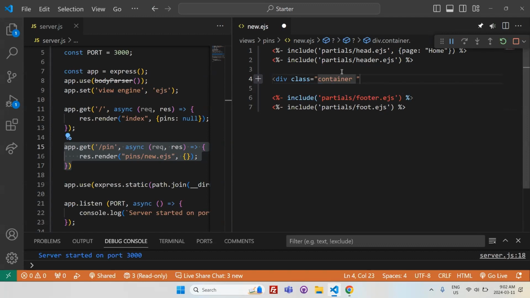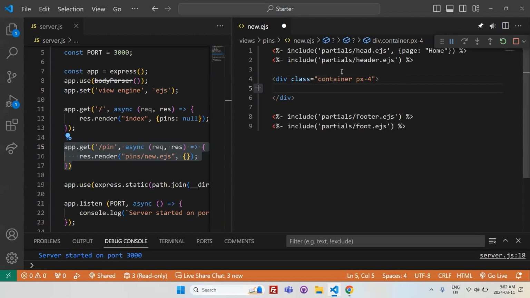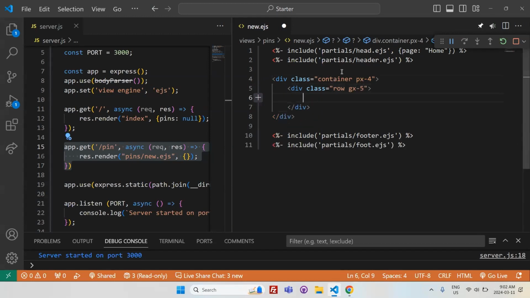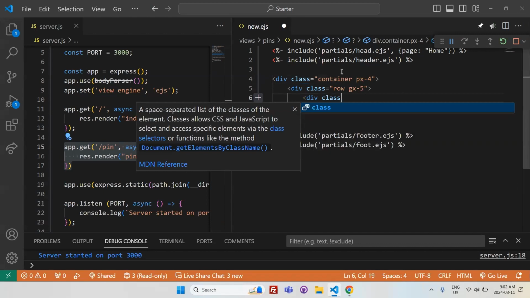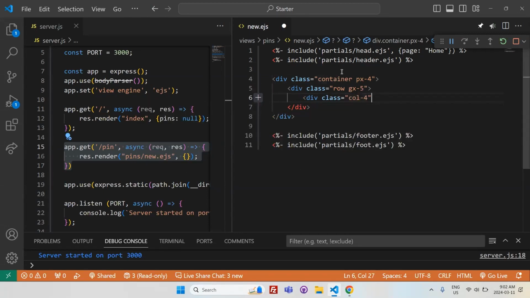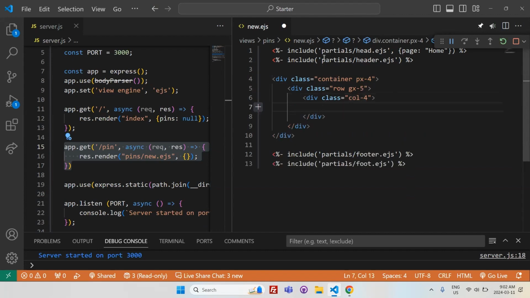Okay, so container px4. Within this, let's say we have a div class row gx5. Then a div class. In case all of this is just all Greek, or it doesn't make sense what these classes are,